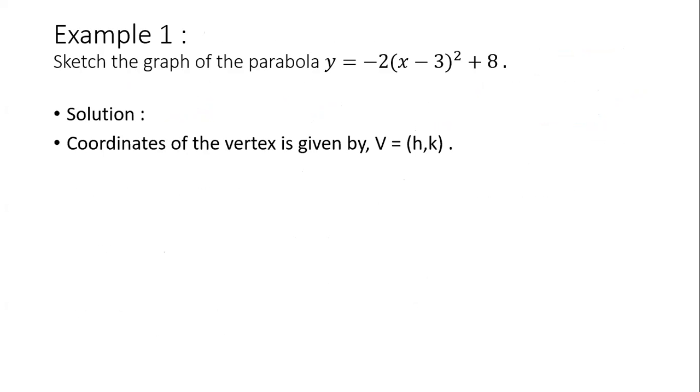Let's see an example. Sketch the graph of the parabola y equals negative 2 times (x minus 3) squared plus 8. Now, if you compare this with y equals a(x minus h) squared plus k,